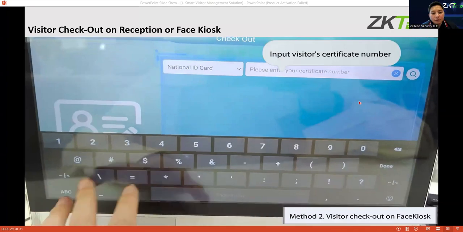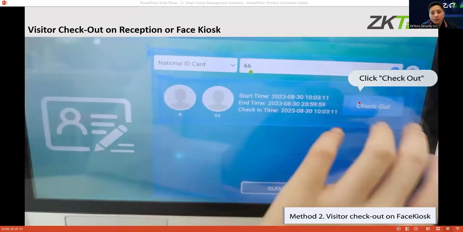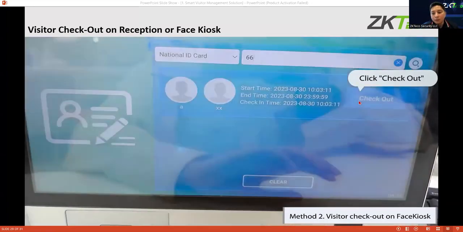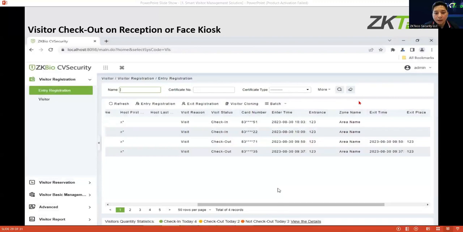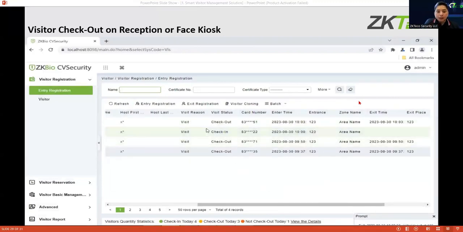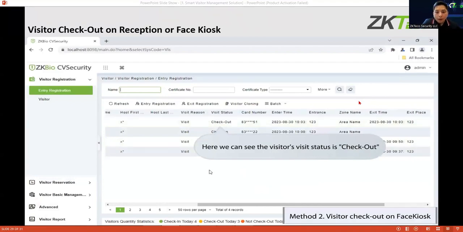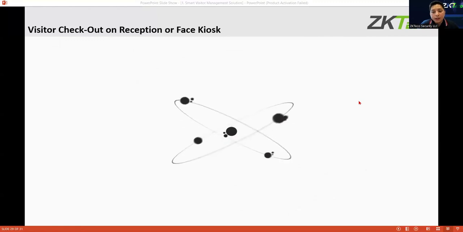Since the visitor chose manual entry, he needs to choose also the manual entry. After that, it will prompt thanks for visiting, and then if you refresh, the visitor will have checked out on the system.